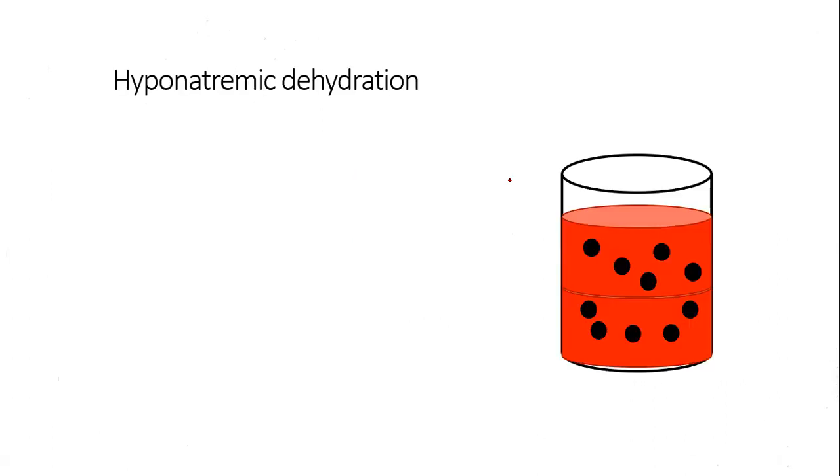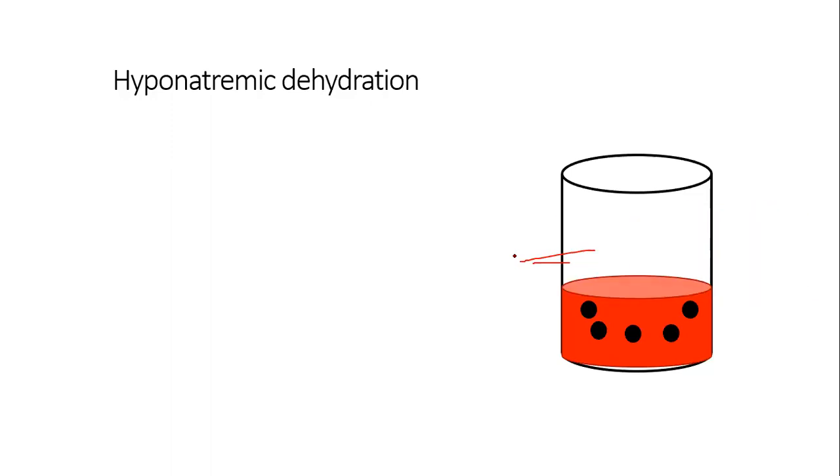So what happens in hyponatremic dehydration? You have a jar filled with water. The red is water and the black is sodium. When there is a loss, there is an isotonic loss where water and sodium together are lost. Apart from this, there is some extra sodium also which is getting lost. So your aim should be to replace the water plus sodium that has gone together and this extra sodium that has gone alone. Hence, what is remaining is a hyponatremic dehydration.